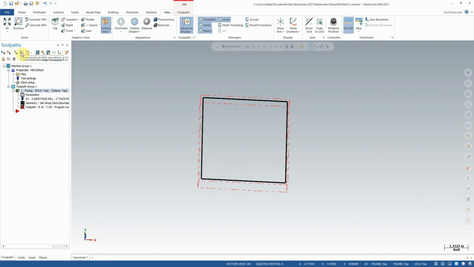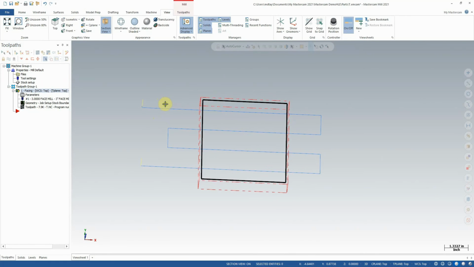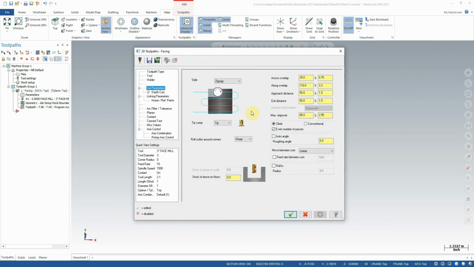So I'm going to click this button right here, regenerate all dirty operations to see what we have. Now I'm seeing we're actually taking 4 cuts, which is absolutely not what I want. So let's go back to parameters again. Okay, so what's going wrong here? Well,